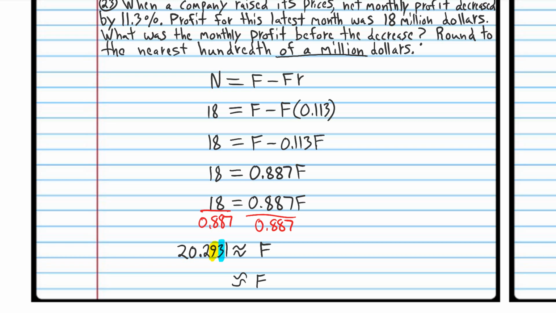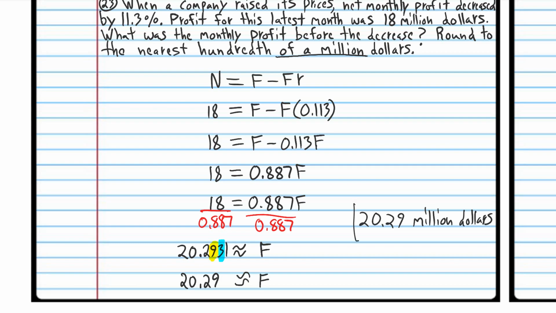And we have to look to the blue number to the right to see if we're going to round up or down. The blue number is less than 5. So that means we're going to keep the yellow number, and all the numbers to the right of the yellow number become 0. But because those are ending zeros to the right of the decimal, we don't have to write them. So it's just going to be 20.29. I'm going to go up and write the final answer. So the final answer is $20.29 million, because you have to put the unit, and the unit is millions